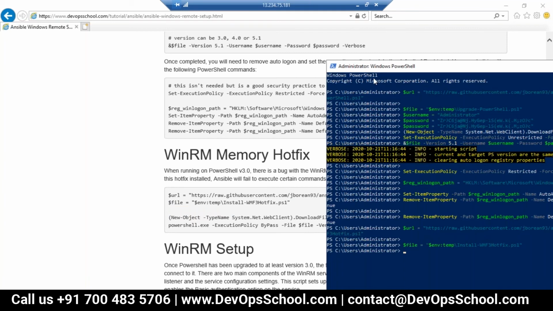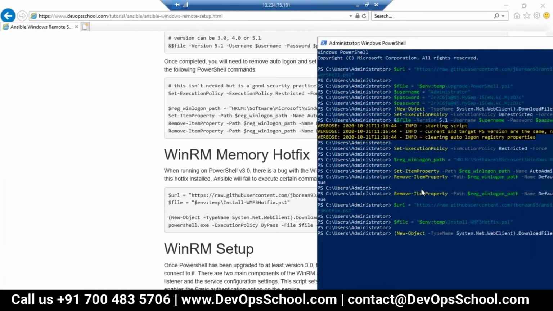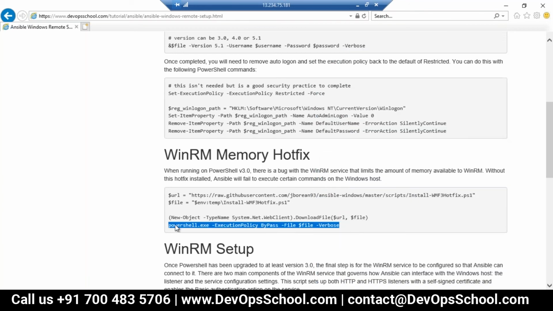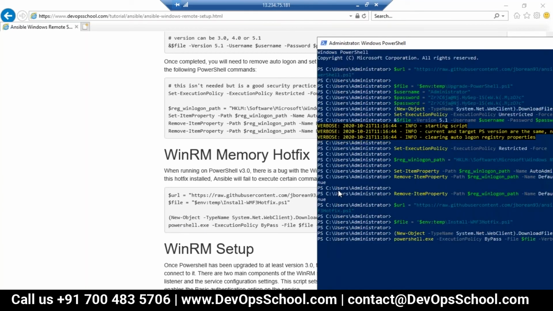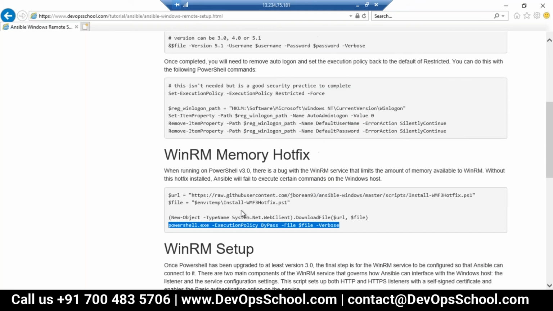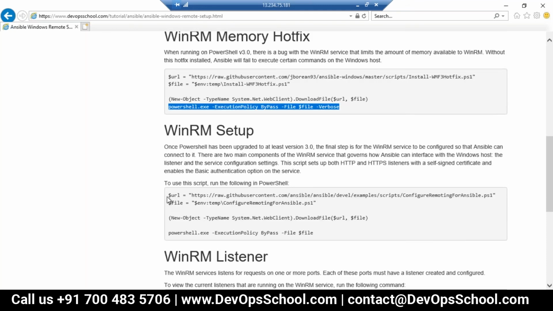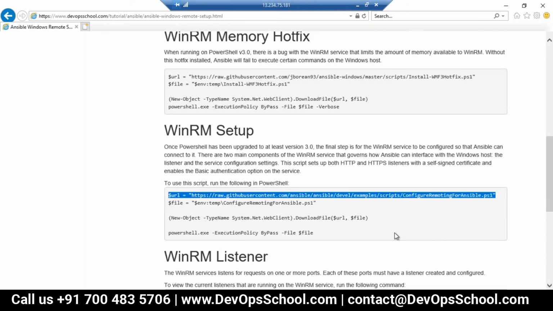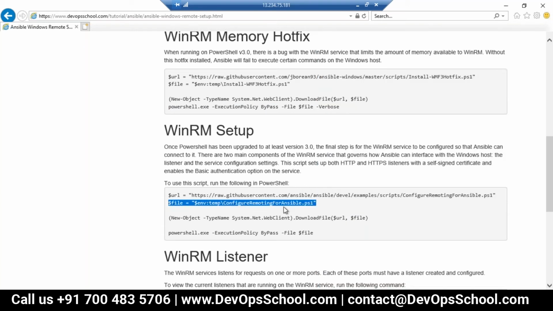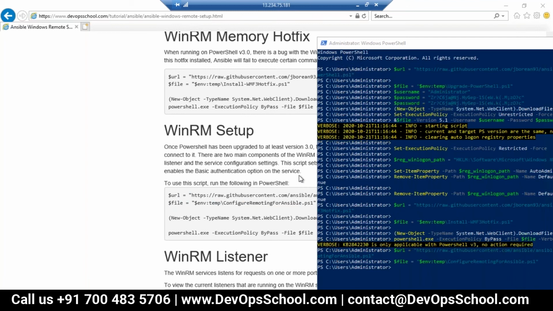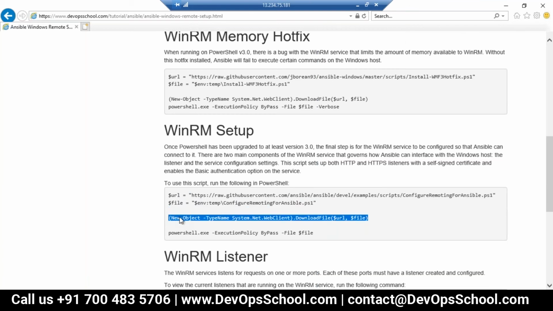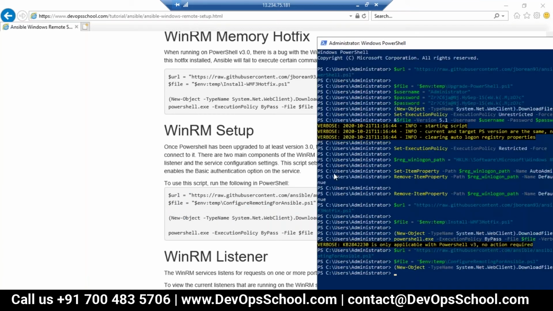This script has been written by Microsoft, so even if you run it 10 to 20 times, it's safe, no problem. No issues will happen. Even if you don't need it, nothing will happen, because the condition for this PowerShell script is that it validates whether we really need to run something, and if not required, it skips.